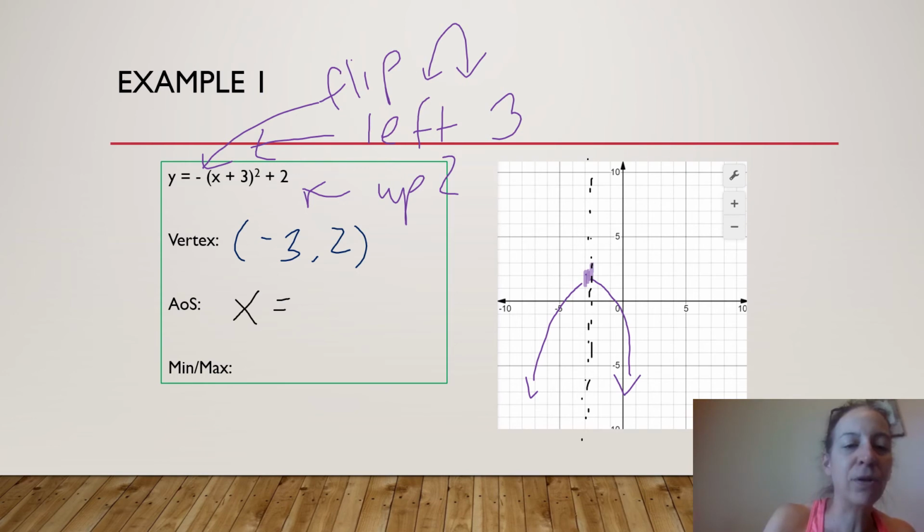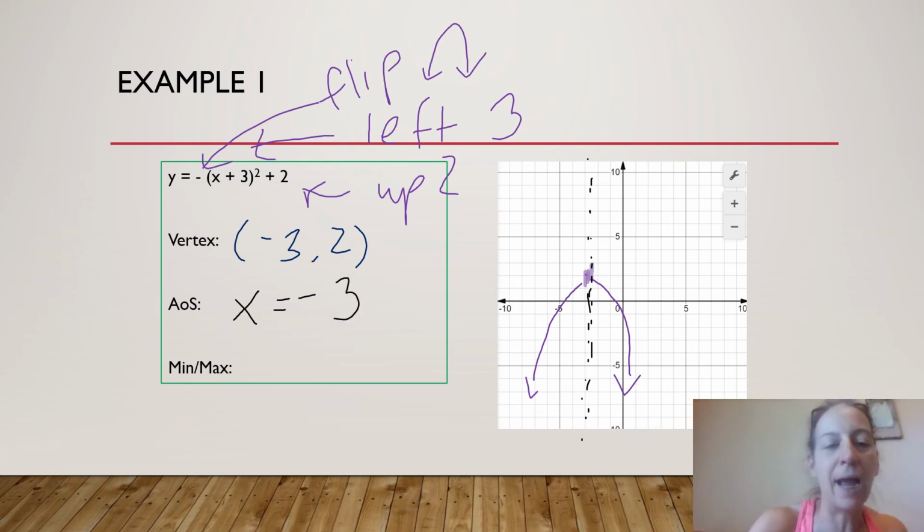The axis of symmetry, because it is a vertical line, starts with x equals. And where does it go through the parabola? At x equals -3. Now, in earlier recorded lessons, so you might have to hunt back in Unit 1, I do go through the equation of a vertical line and why it starts with x equals